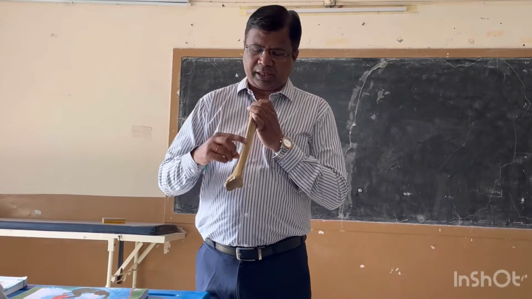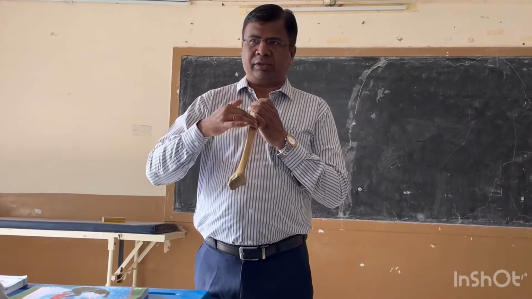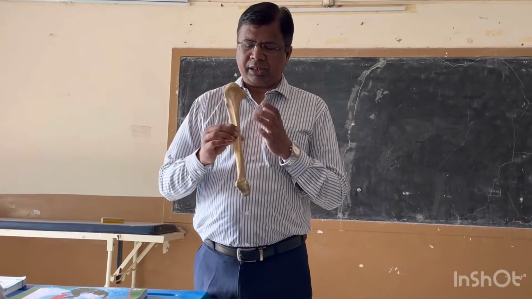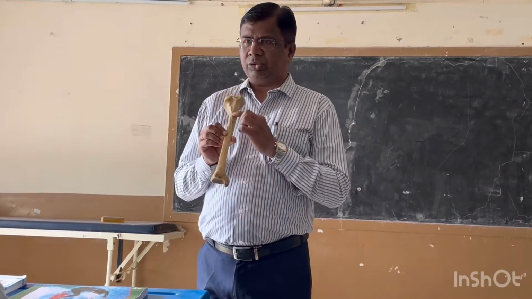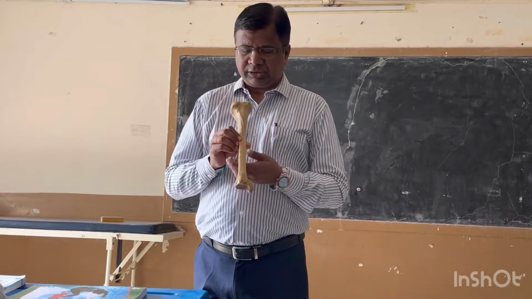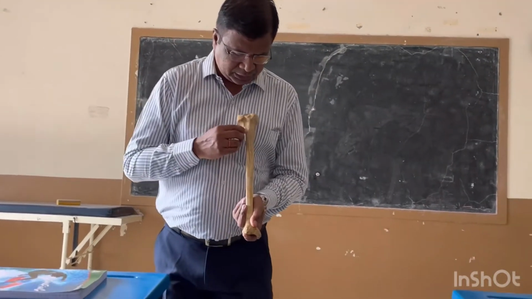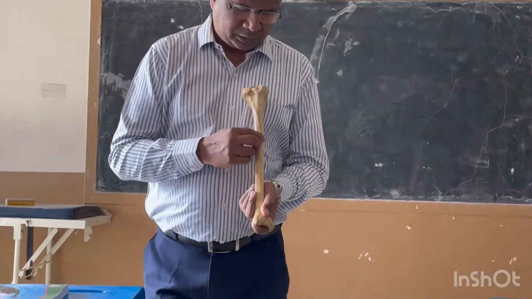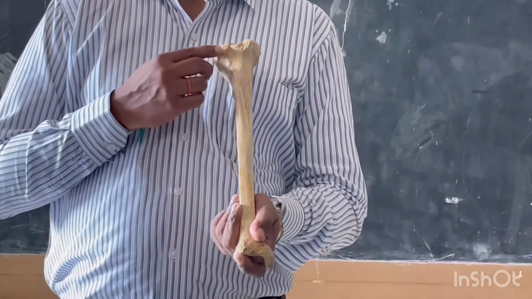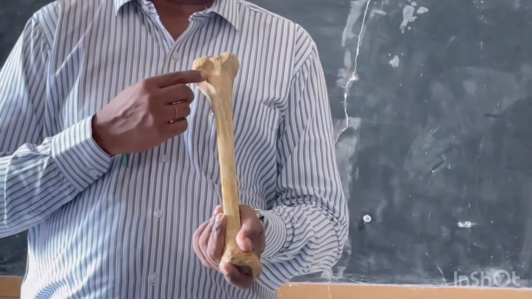Okay, between the anterior border and the lateral border, you have the lateral surface, and between the medial and the lateral borders, this surface is the posterior surface. Okay. Now the significance here, if you can see in the posterior surface, there is an oblique ridge. There is this oblique line. This is called the popliteal line or the popliteal groove.